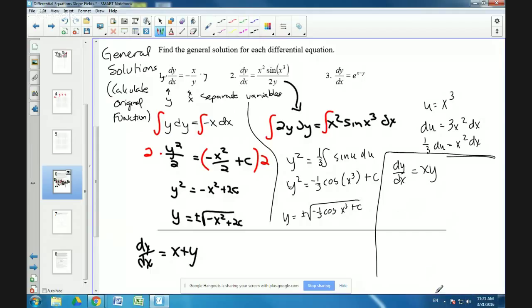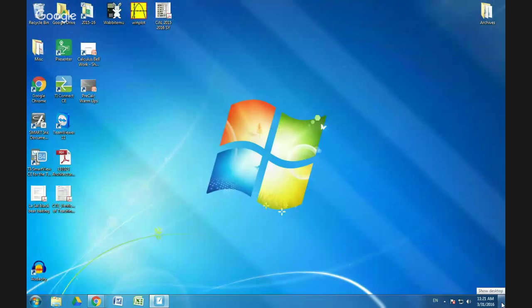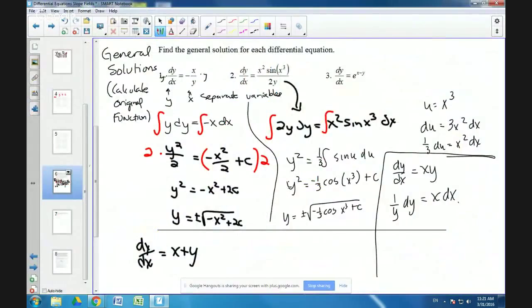How do I move the y? I divide. So I end up with this. Divide y over, it's 1 over y, right? When I integrate, the natural log of,